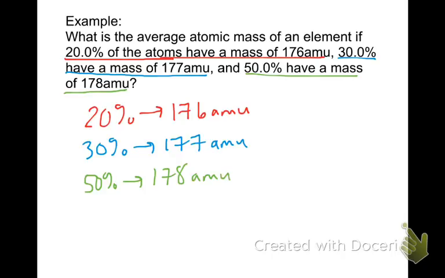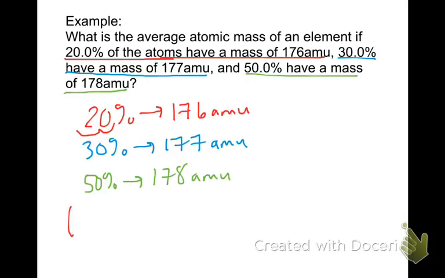So, again, when you take your weighted average, you're going to take your decimal percent and multiply it by the mass of that particular atom. So we've got 20%. To make it a decimal percent, because percent means per 100,